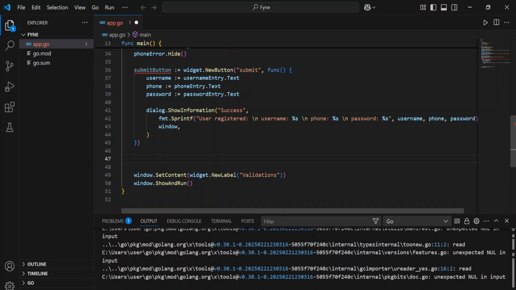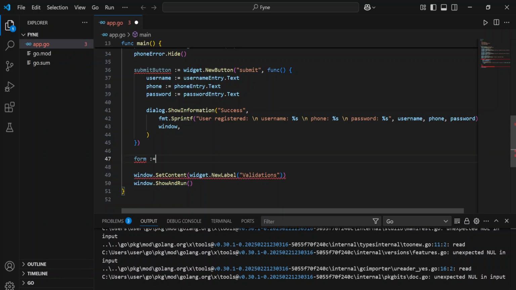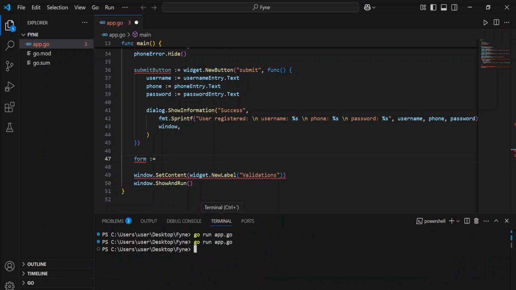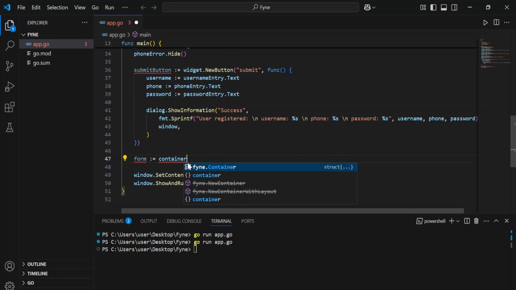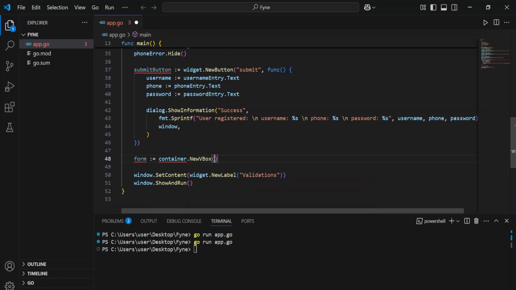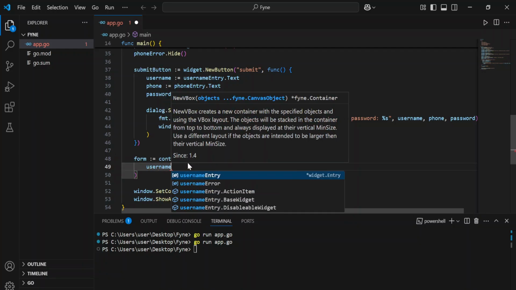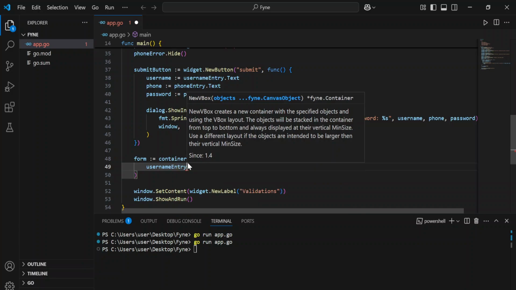You can come and say here form, display the form, going to have the form, and then we're going to have a container dot new vbox. In this case I'm going to show the username entry,